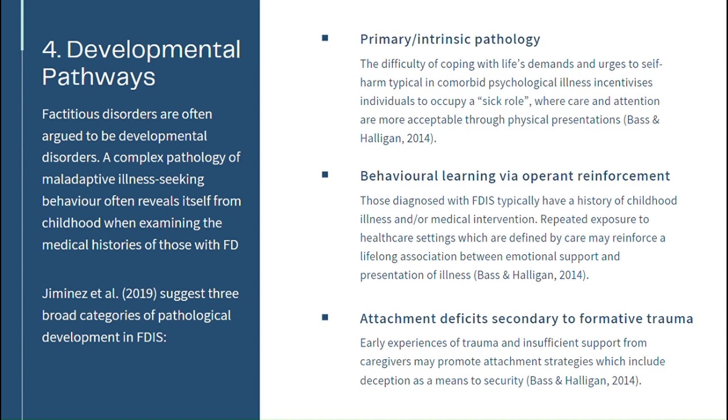Or finally, there was some deficit in attachment, and this resulted in the individual not being able to securely attach to their caregiver, and subsequently decided that occupying a sick role or inducing a sickness in someone else would allow them to occupy a secure attachment through being a caregiver or needing to receive care in a family context. So these three different developmental pathways encourage certain speculation around how this condition could develop.